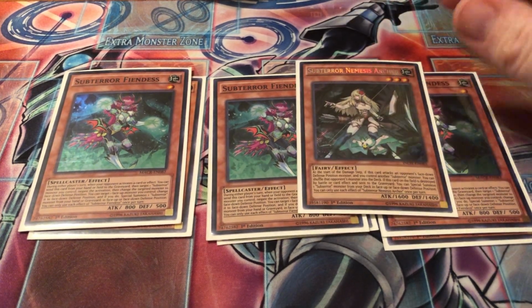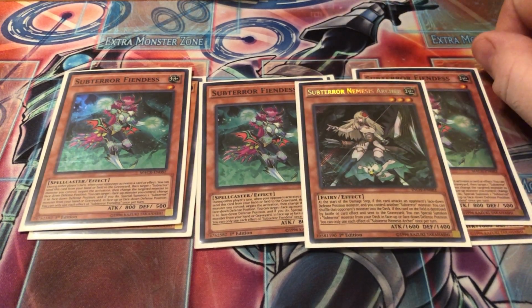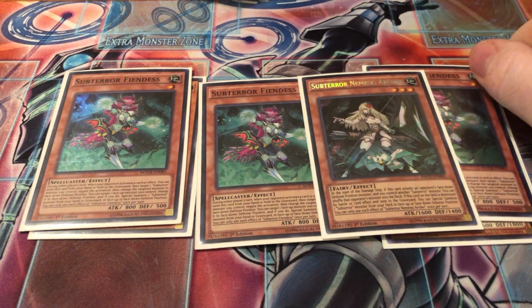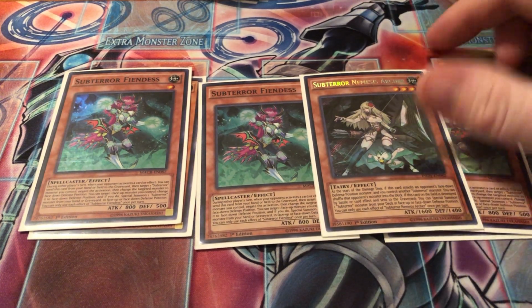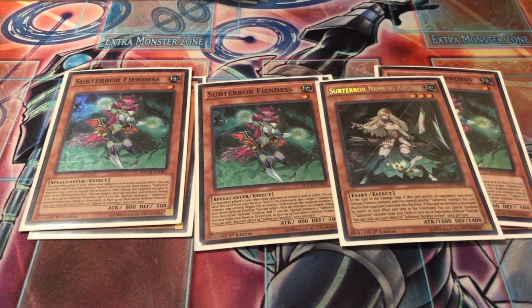I played 1 Archer. She's the giant rat of the deck. If she gets destroyed by a card effect, you can summon any Sub-Terror from your deck in face-up or face-down defense. And when another Sub-Terror is on the field and she attacks a face-down monster,